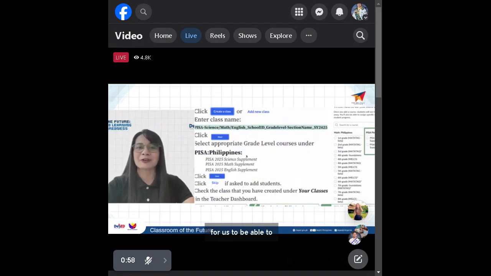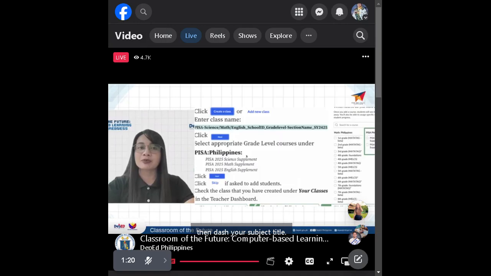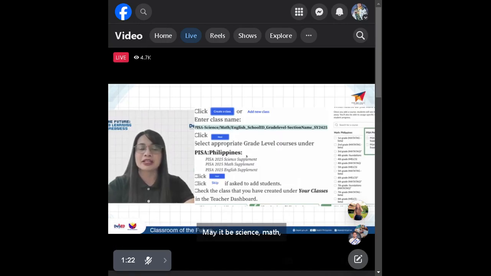Okay, so for us to be able to create your classes on the platform, you have to click create a class on your homepage and then enter the class name. So we have the recommended class name, para standard po, no? Yung ating naming convention. Right after you type in your class name, that is PISA, and then dash your subject title, may it be science, math, or English, underscore your school ID, underscore grade level, dash section name, underscore school year